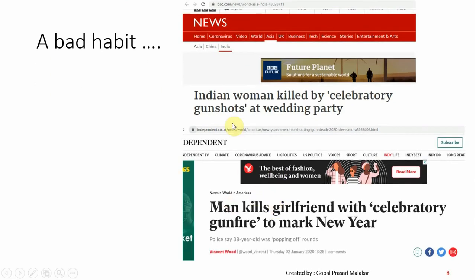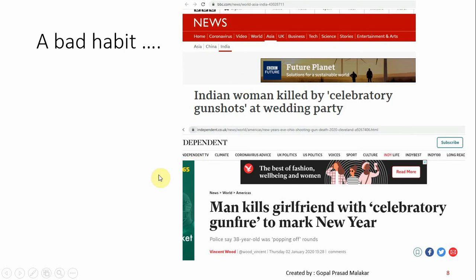These are the two news clips that I have shown, where it says the celebratory gunshot killed Indian woman, and here the man kills girlfriend with celebratory gunfire to mark New Year. It is a news of UK. This celebratory gunfire is actually a bad habit across the globe, and let me explain how it actually makes an impact.